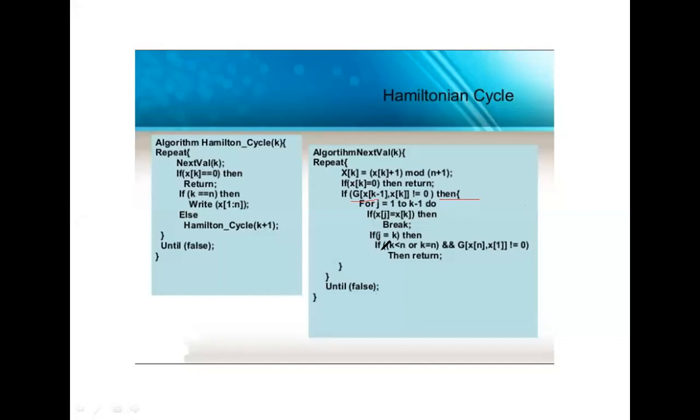So in this way, this condition indicates that if the last vertex we reached, x equals 1, x equals 5, k equals n, then there is a path from the last vertex to the adjacent vertex. You have to choose it. Then you have to identify if there is a path, then you return. Okay, so in this way you have to perform the Hamilton cycle. So far clear students? So this is the end of the 5th unit.